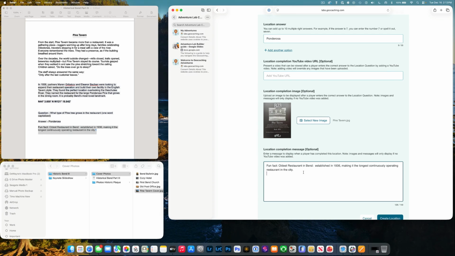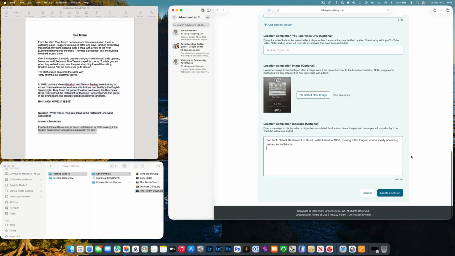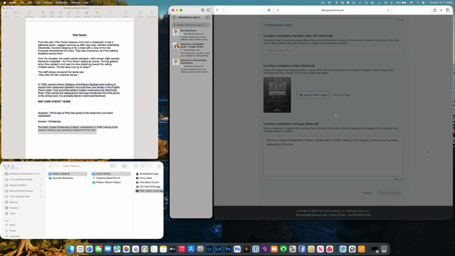And we're not going to put one in the first location. It's going to be down the road. So, fun fact, the oldest restaurant in Banff, established in 1936, making it the longest continuously operating restaurant in the city. That's pretty historic. I'm going to click Create Location,